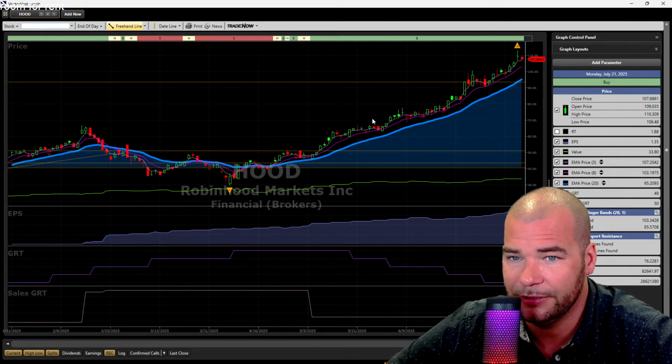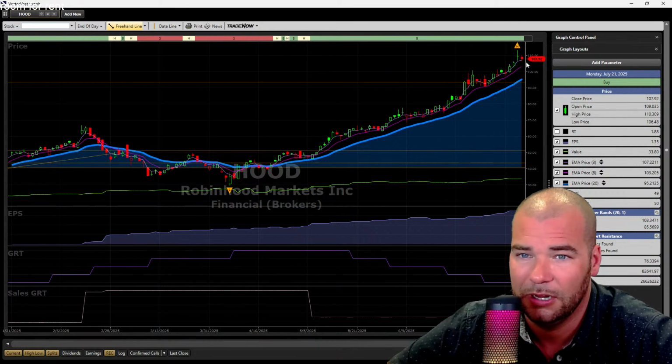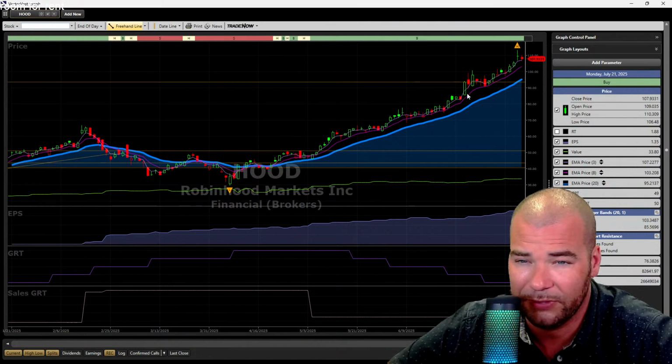Here we've got Hood. Ooh, indecision right at the high here. You see the doji candlestick, big upper wick, big lower wick. Breaking out to the downside of Friday's wick here. The 3 is still above the 8, still above the 20 days, so I'm not going to be too concerned here, but